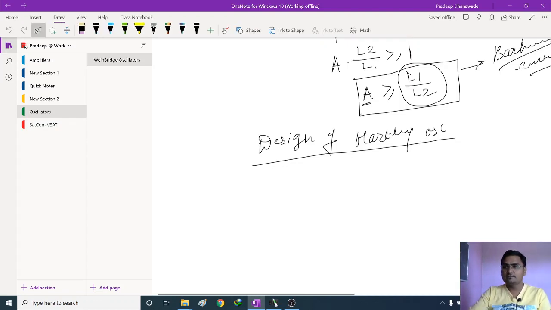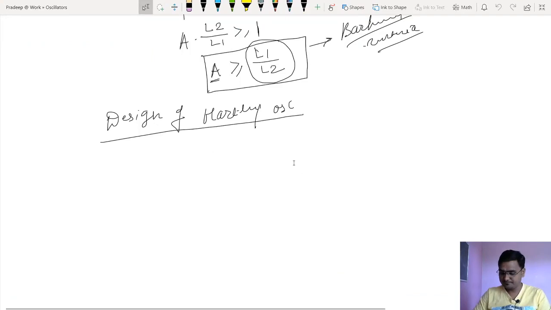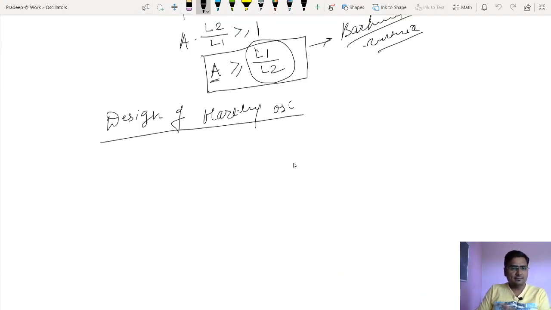So here we are supposed to start with the design of Hartley oscillator. Right. Now we'll consider a design statement and then I'll tell you how easy things are. For example, we have to design the amplifier only. Look at this: design a single stage amplifier, and then we have to design a feedback network.